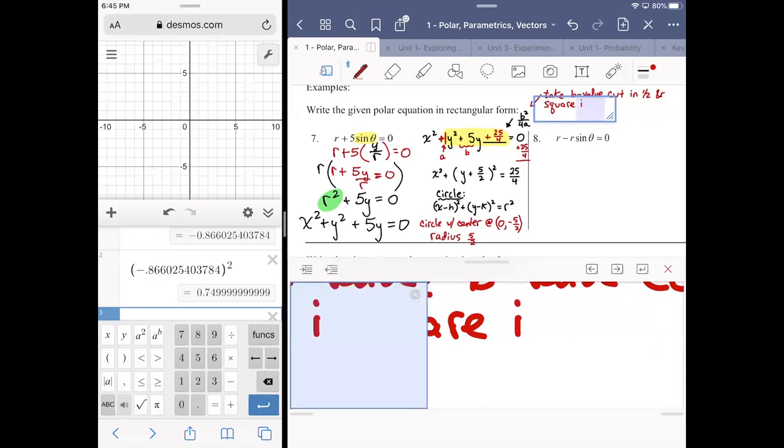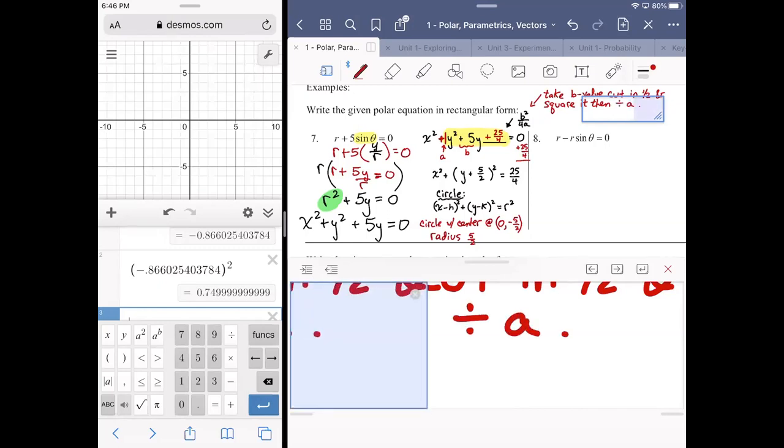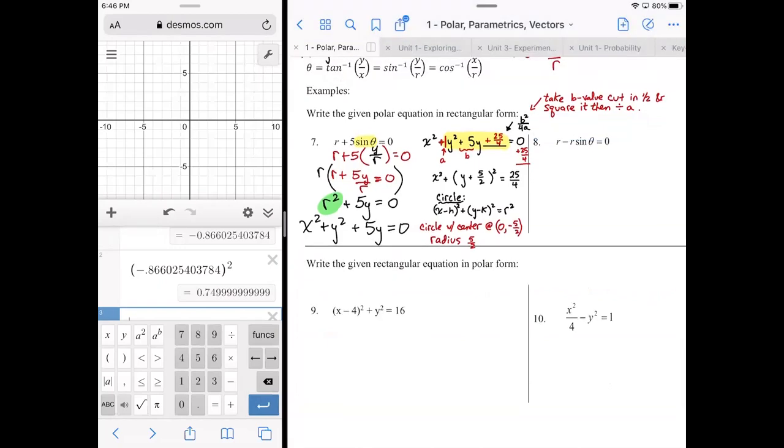Oh man. Okay. I'm going to have to go over this video. Sure. If I'm not mistaken, it comes up again in the next one. If I'm wrong about that, I'll make up another example. But I'm going to write this out anyway. Take the b value, cut it in half, and square it, then divide by the a value. That's the completing the square method. And so symbolically,